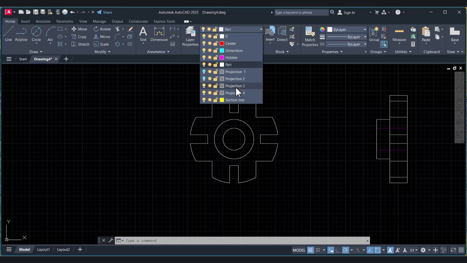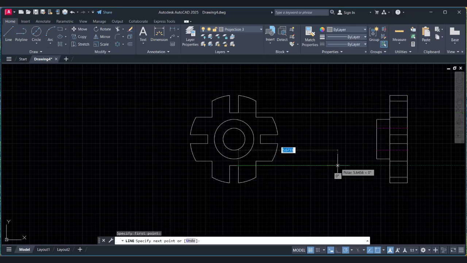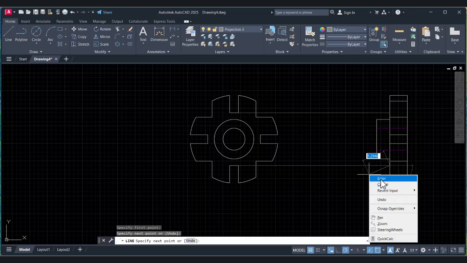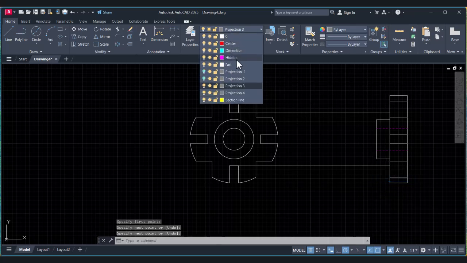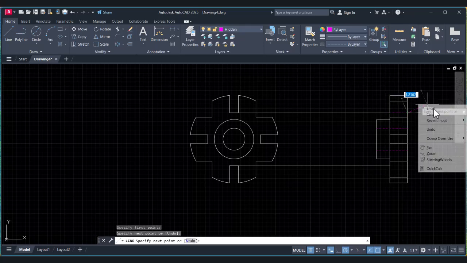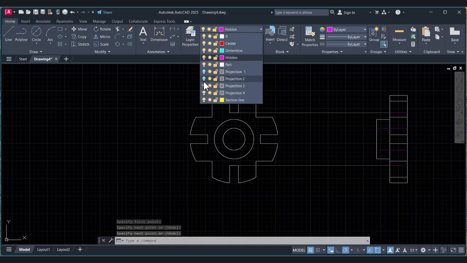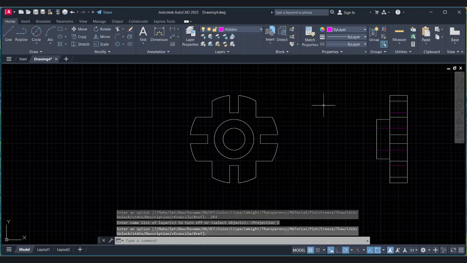So if I activate projection 3, we have to project this line till this point, and this line till this point, and then go to hidden lines, and these will be hidden. Okay, and just deactivate projection 3. So this drawing is complete.